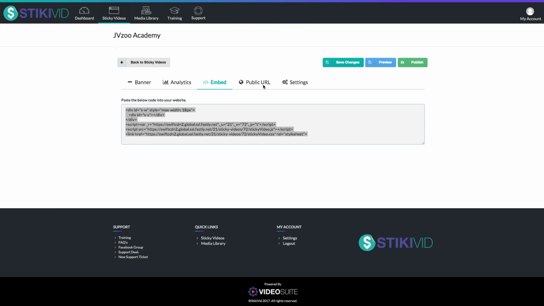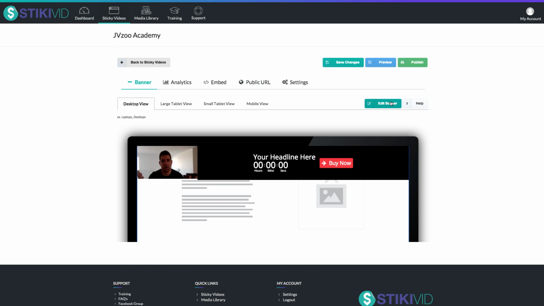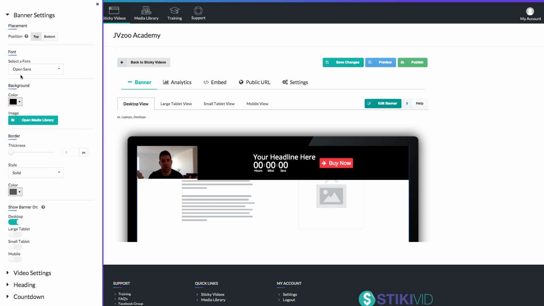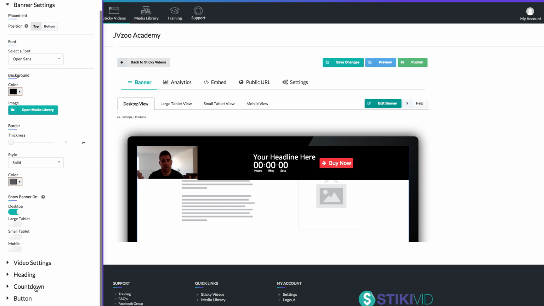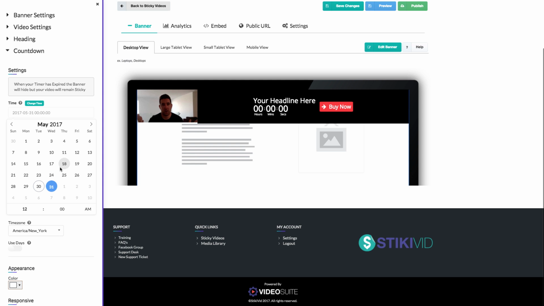So it's really easy software to use. They've laid it out really well. You can also see previews here. You can change and edit the banner as you want through the side menu here. So you can choose the countdown timer and when it's going to run out. You can change that time by going through here and clicking what time and what date you want